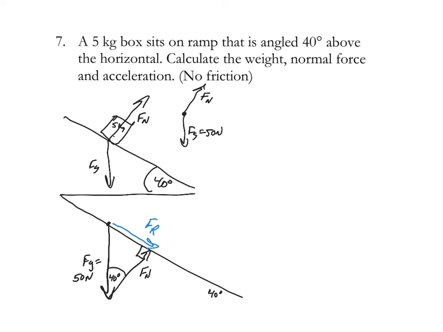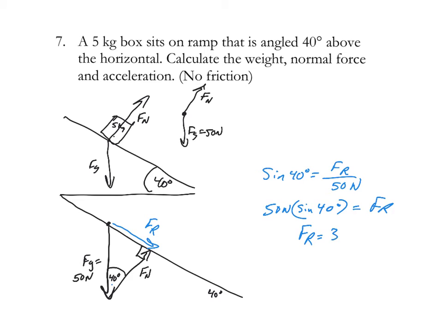So I put my finger on the 40 degrees. That's opposite. Opposite is sine. Sine of 40 degrees equals opposite, which is force ramp, force resultant, divided by the hypotenuse, which is 50 newtons. 50 newtons times the sine of 40 equals force ramp. And I get force ramp equaling 32.1